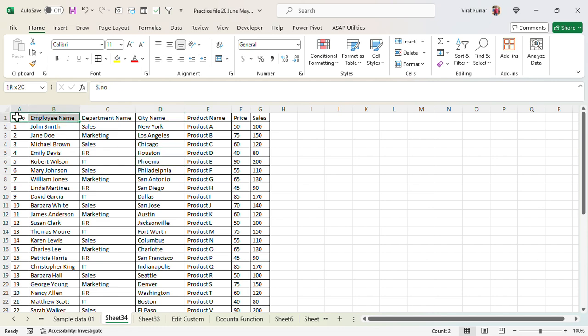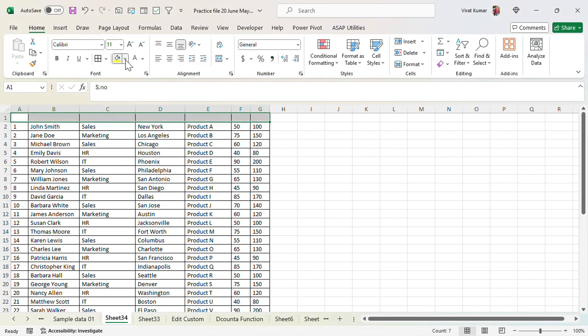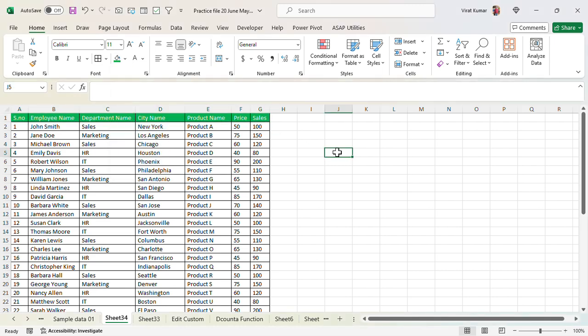Simply select and choose a color. I choose this one, and my sample data is ready. That's it. So first you need to clean the data with the TEXTSPLIT function. The first step is clean. Now let's understand the rest of the 8 functions with examples one by one.